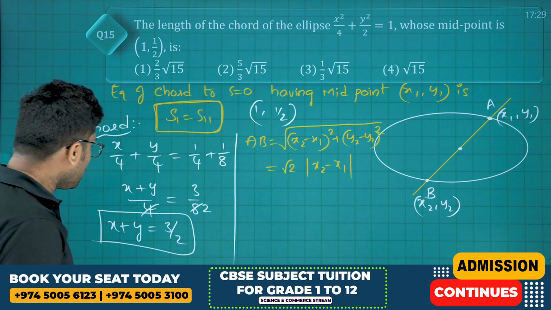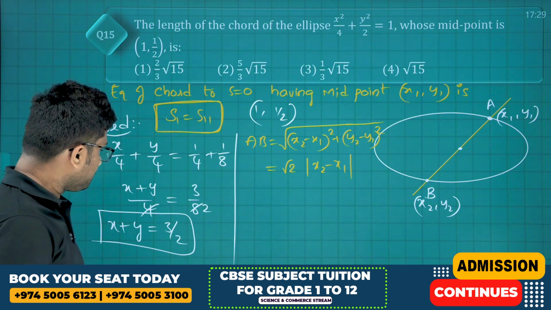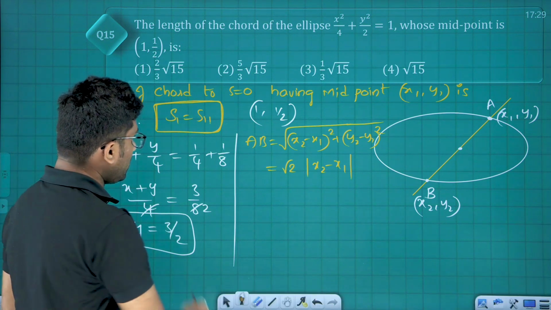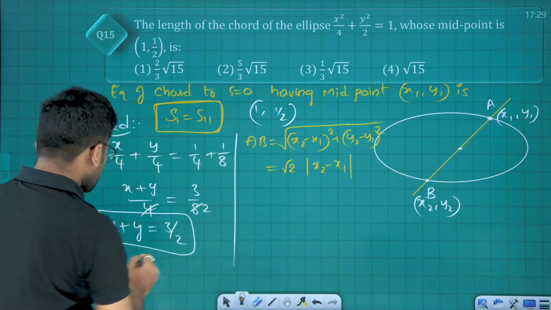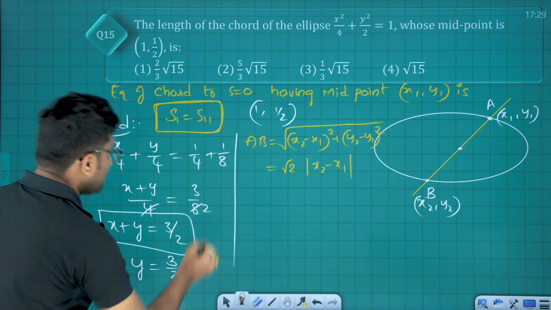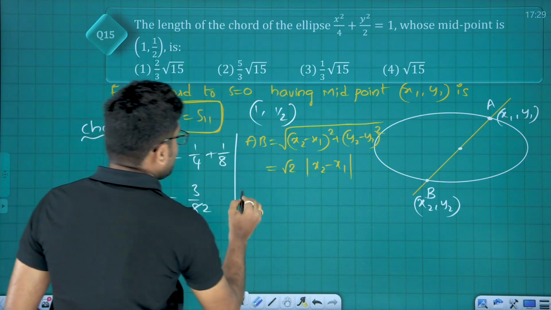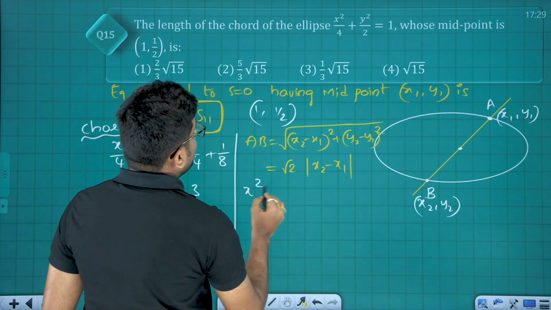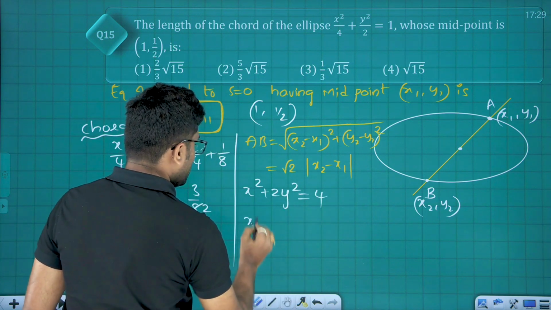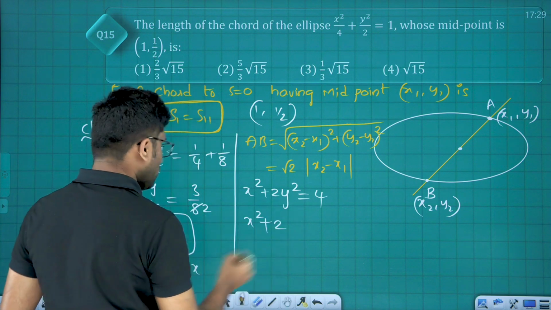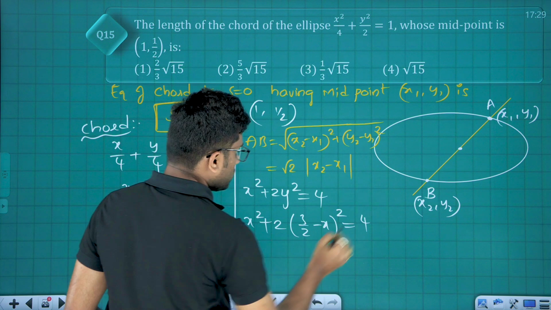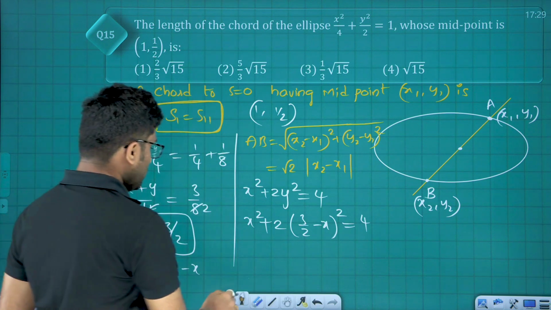Let's see this. x plus y equals 3 by 2. For that we have to solve this. Put y equals 3 by 2 minus x in the ellipse. What is the ellipse? x square plus 2y square equals 4. Now x square plus 2 times (3 by 2 minus x) whole square equals 4. So if we simplify this,